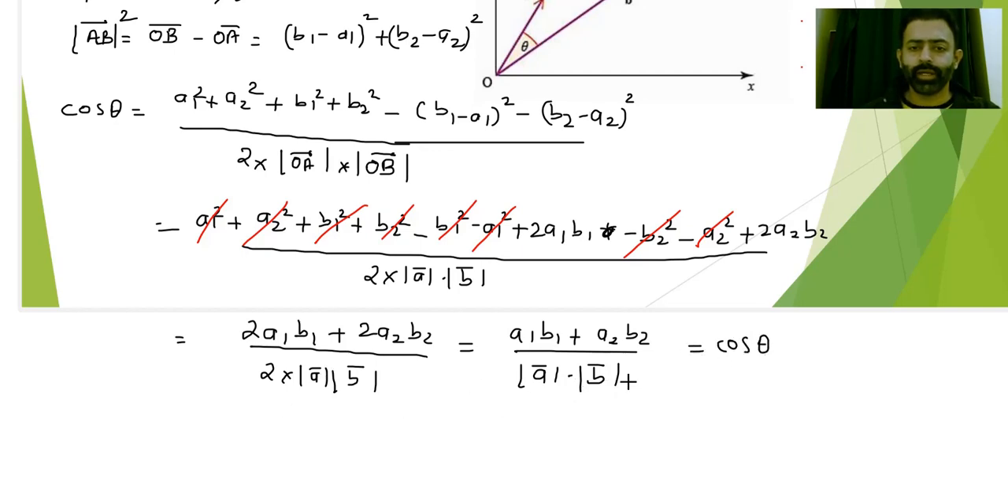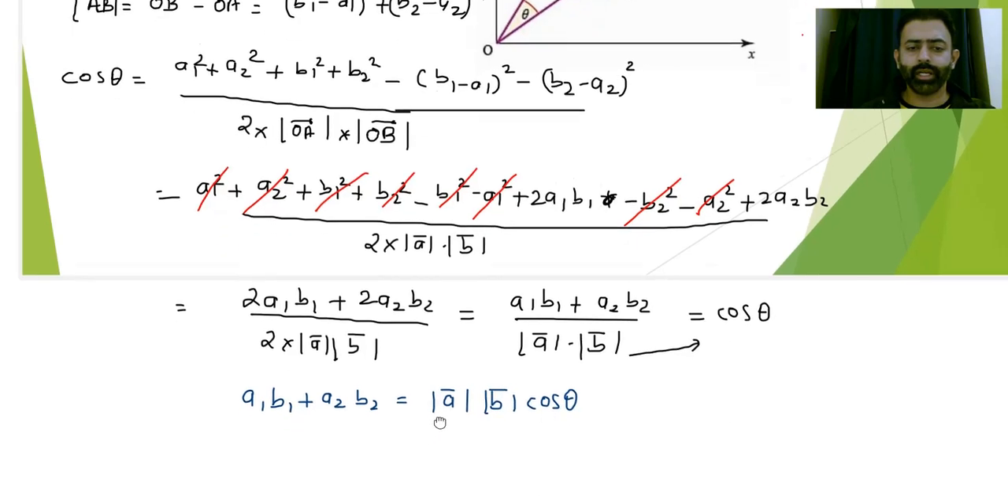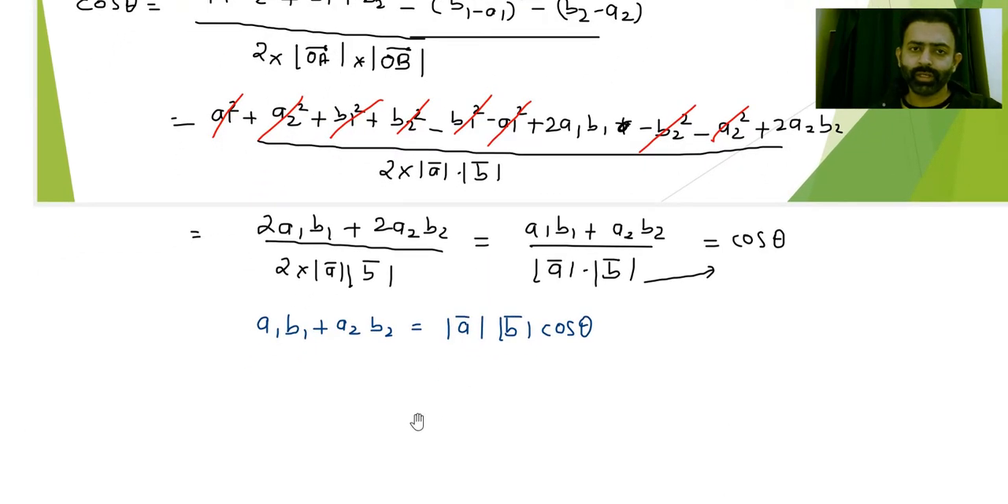Right, now I can shift this mod A1 into mod B1 to the RHS and write, let me choose another color, it is A1 B1 plus A2 B2 is equal to mod A mod B cos theta. Right, and if you have a knowledge of dot product, what do you mean by dot product is,